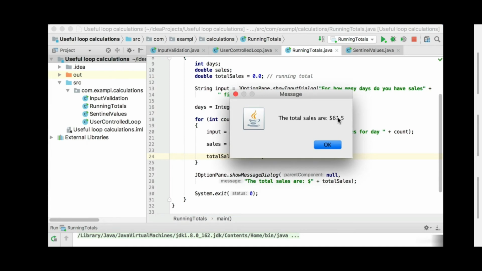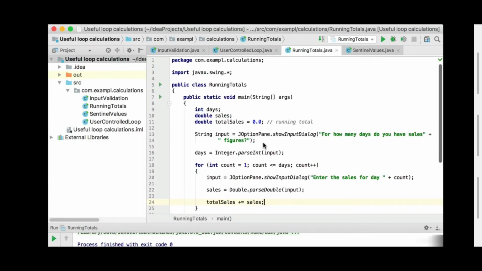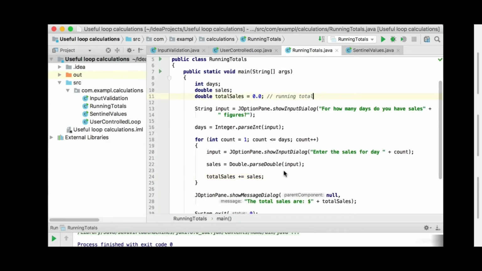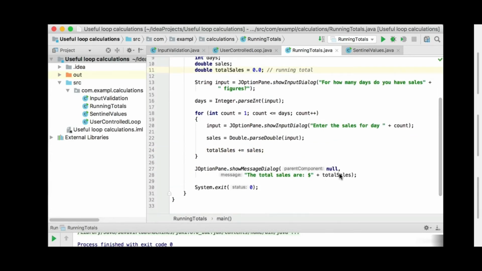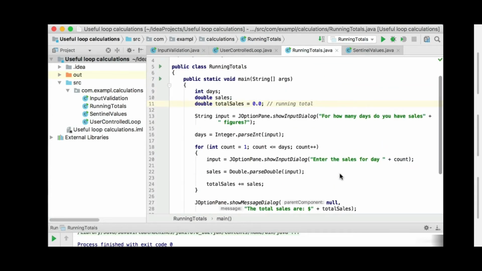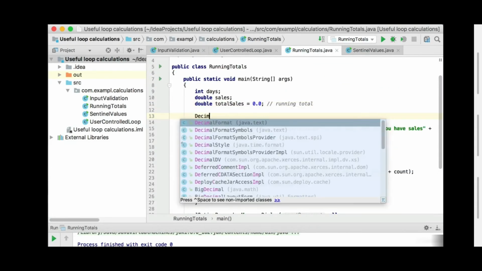And then it gives us the sales of $61.50. But now you can see there's a .5 there. So is it now 5 cents or is it 50 cents? So just another thing for this video is how do we print out decimal values or floating point values in a nice way? So for this, we can use the DecimalFormat